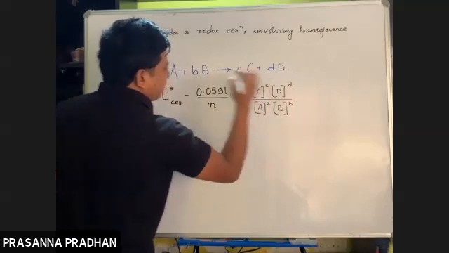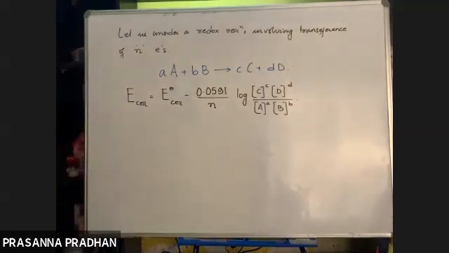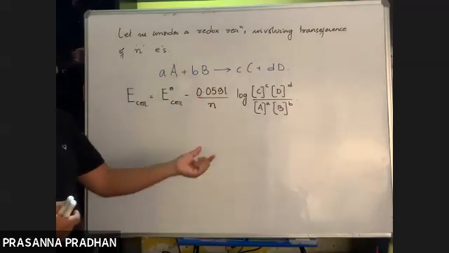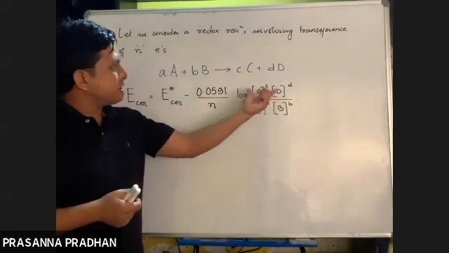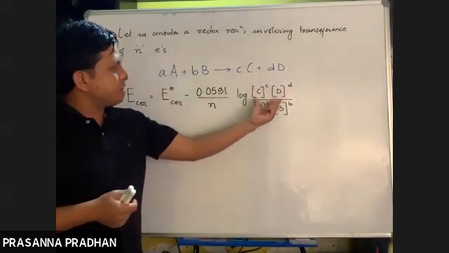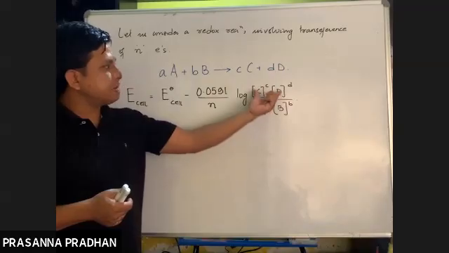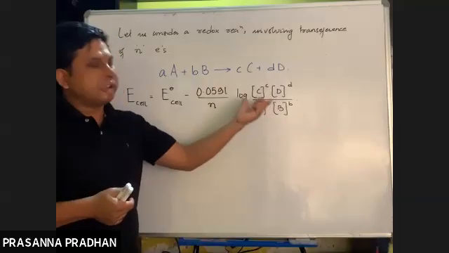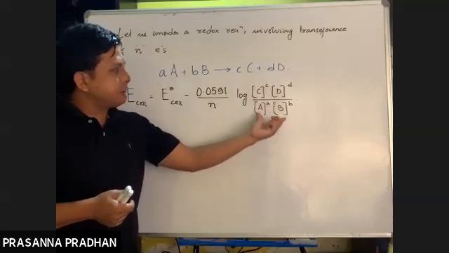And the coefficients are going to be raised to the power 9. So this is the Nernst equation for a general redox reaction. So in class 11, for a reversible reaction, what does this represent? The concentration of product by concentration of reactant. What does this represent? The equilibrium constant. Yes, at equilibrium, this represents the equilibrium constant.